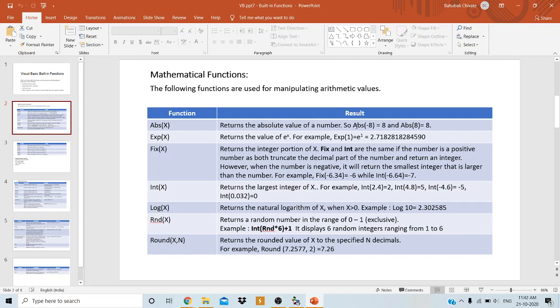Okay, it is going to return the absolute value of the number x. So in this example, you can observe here, ABS of -8 is equal to 8, that is plus 8. Always remember that the absolute value of any negative number is nothing but its positive number. If you specify here -10, then its absolute value will be equal to 10. Or if you give any positive number, then its absolute value will be the same. So I will demonstrate here.